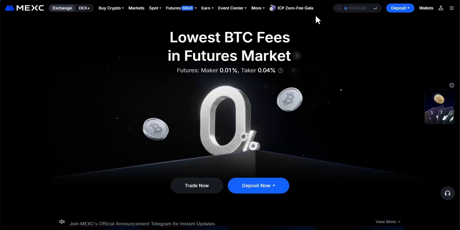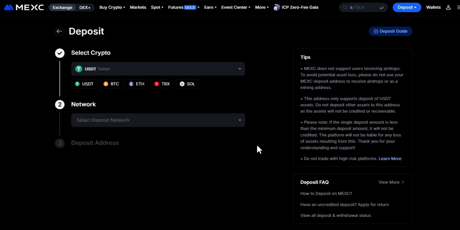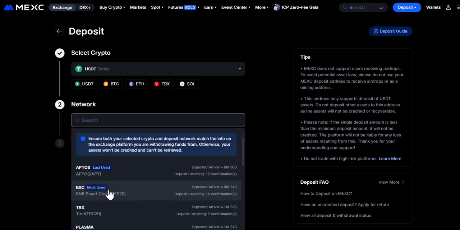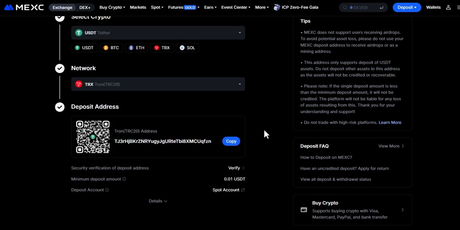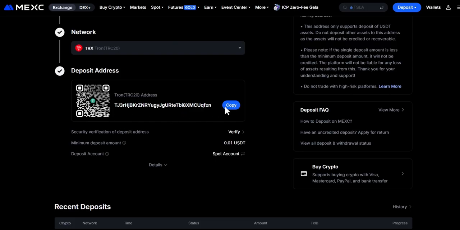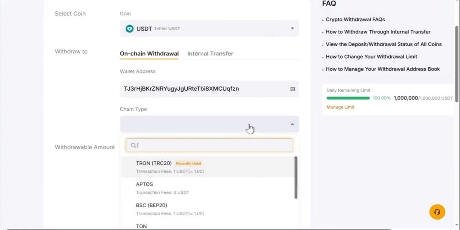Step 2 is depositing funds. Let me show you how to deposit funds before we jump into the strategy. Once you're logged into MEXC, click Deposit in the top right corner, then click On-Chain Deposit. Choose the coin you want to deposit. I recommend USDT and select the correct blockchain network. Make sure you choose the right network to avoid losing your funds. Confirm the details, then scan the QR code or copy the deposit address to transfer your funds from your wallet